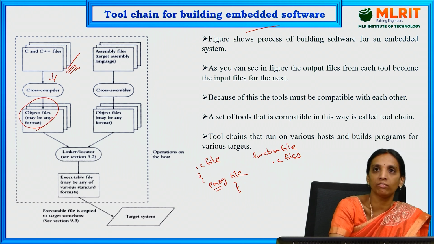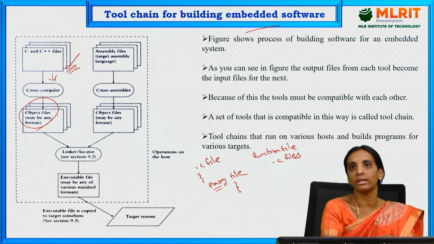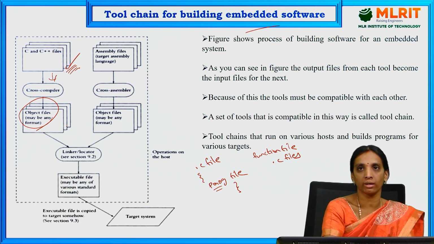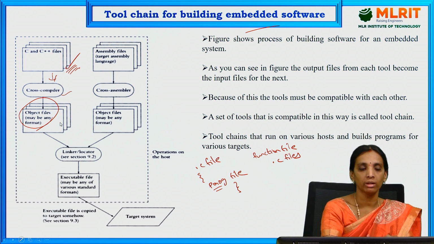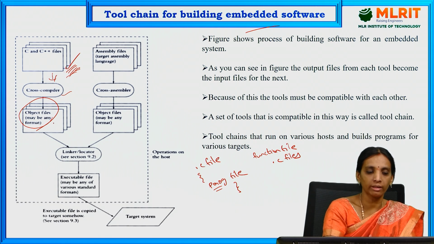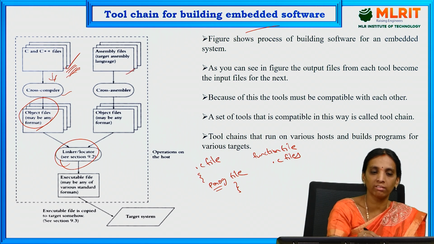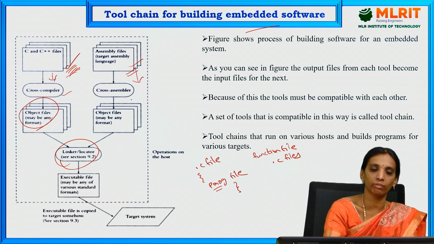That means it will check for any syntax errors or memory errors in the main program. If no errors occur, it will generate an object file for the error-free code of our main program. After generating the object files, they are given to the linker. Here for the linker we have given the assembly files also. In the same way, the assembly language files are given to the cross assembler. From the cross assembler, the object files are generated and given to the linker or locator.